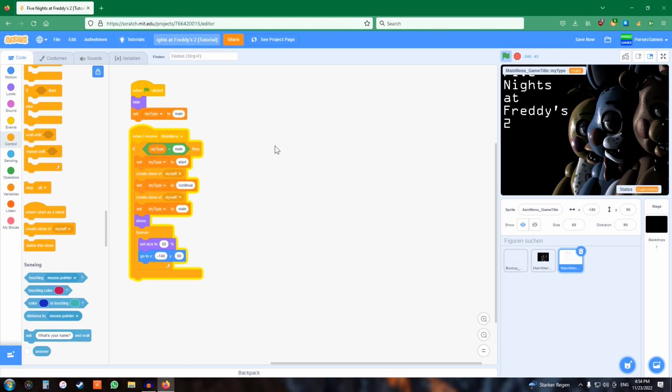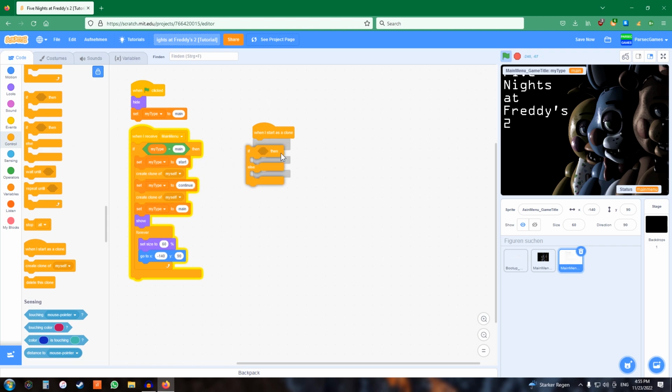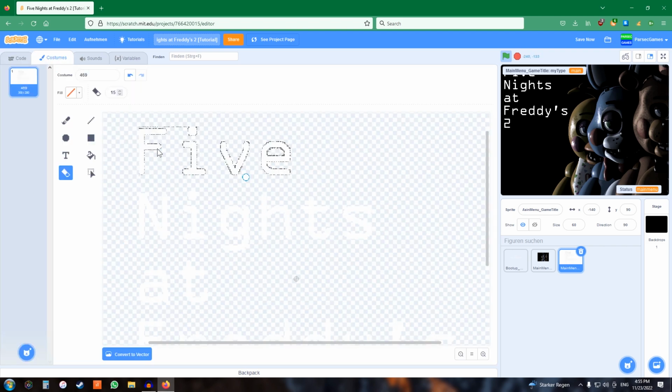We don't want that. We're just going to make it so that if this sprite receives the main menu message, it's going to make a clone of itself with the type start, make a clone of itself with the type continue, and then, and this is very important, switch back its type to main, so that the sprite doesn't forget that it's the main sprite. And now we're going to make it so that when I start as a clone, the clone first checks what its type is. So let's say if my type is start,